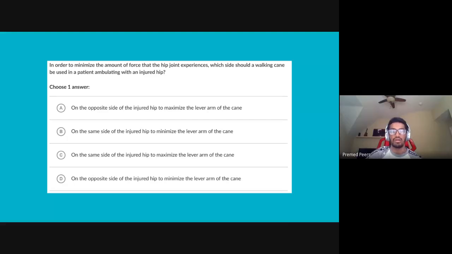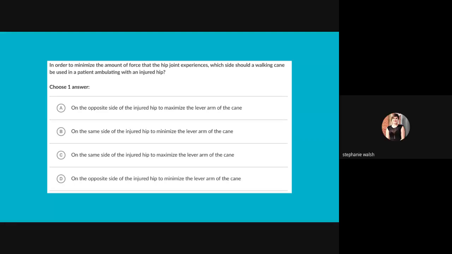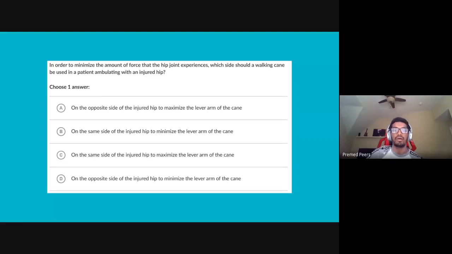Gotcha. So on the opposite side of the injured hip to maximize the lever arm. Perfect. Do you know why you got to that answer? No idea. Gotcha. Okay. So the way I looked at this question is by considering what the walking cane actually does. So the walking cane is there to support and minimize the sudden changes in force that a hip joint would